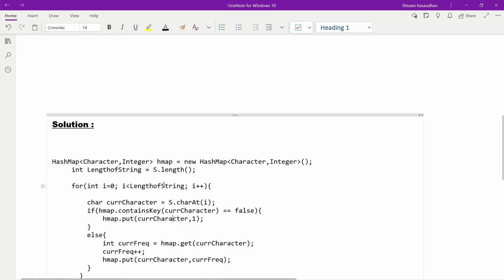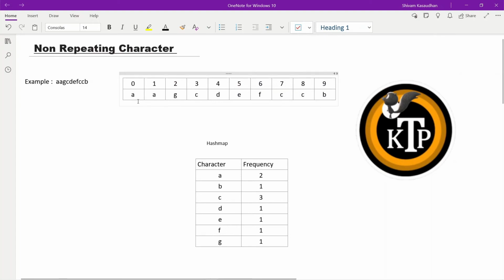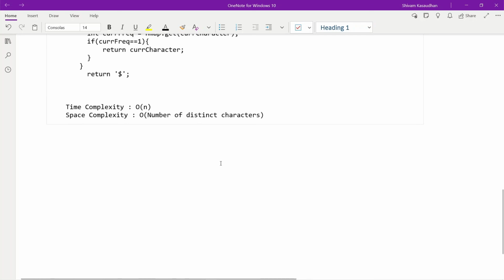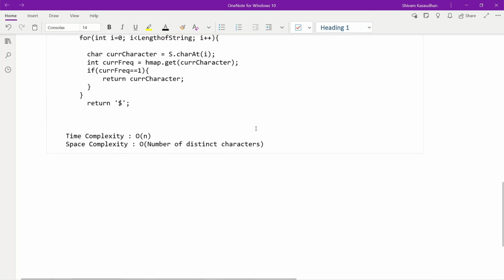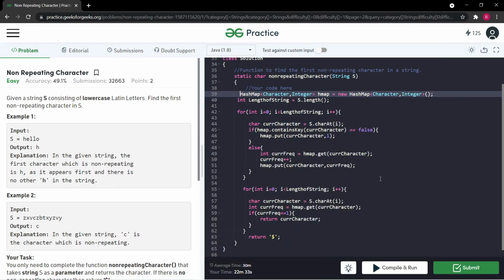A string contains lots of elements, but in the hash map we are going to store each only once. We can see A is over here 2 times, but we are storing it only once. B is over here once only, C is over here 3 times, but here we are storing it once only. So that's why I have written order of number of distinct characters, since each character we are going to store once only. So guys, this is our code.